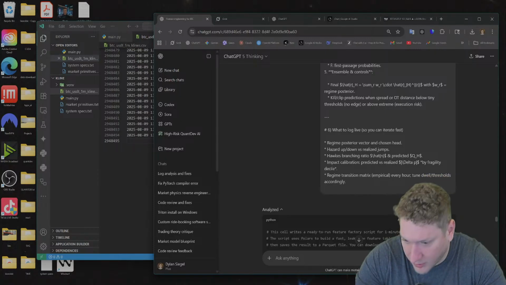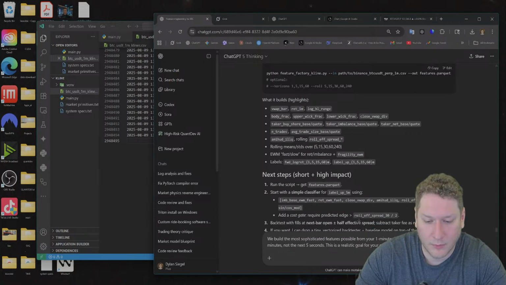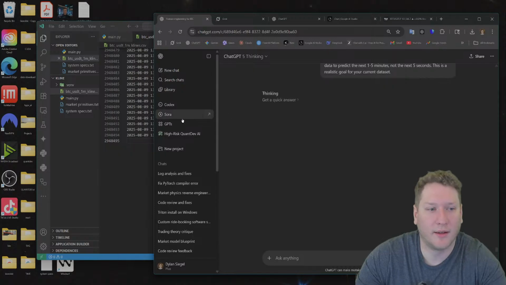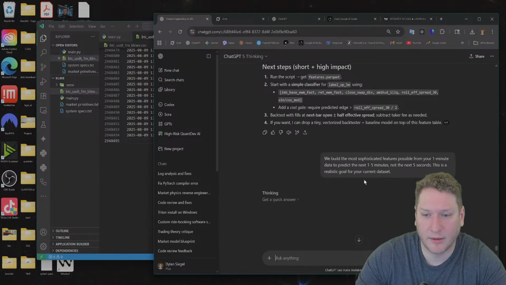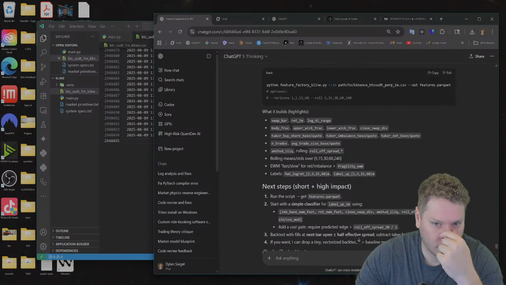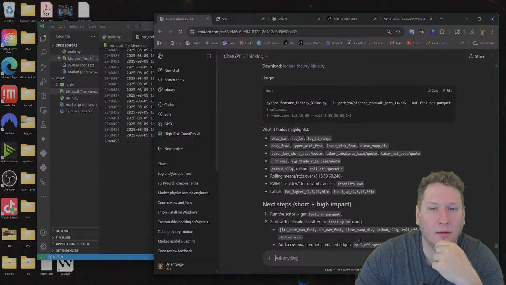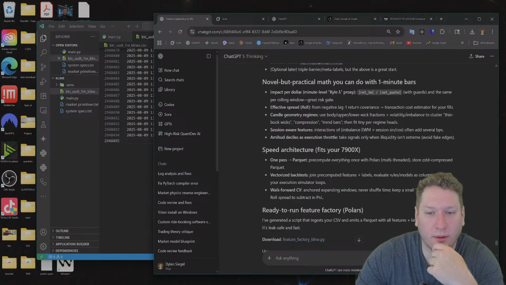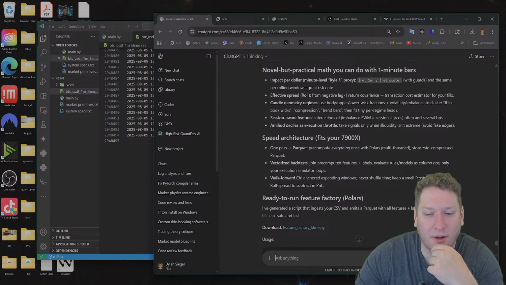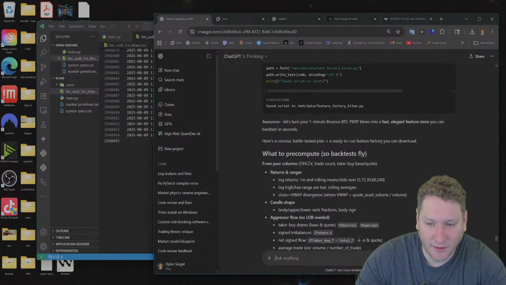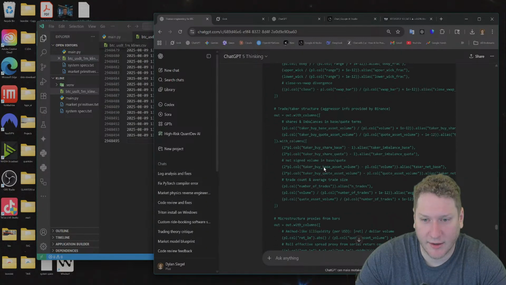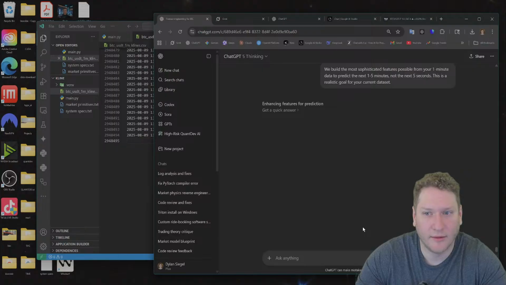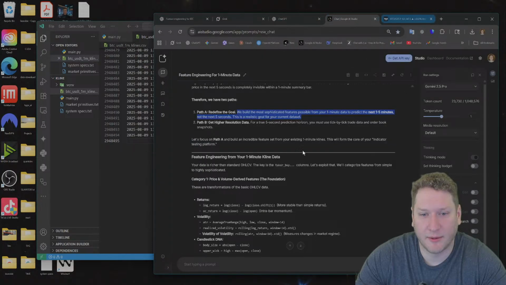Huh. It already went into code. Let's get GPT-5 here to think a little bit. So it already wants us to compute it into Parquet, but doesn't necessarily know what I want just yet. It's trying to clean it up first, but I want to run it, feature engineer, and then put it into Parquet. But we'll see what we end up doing here.